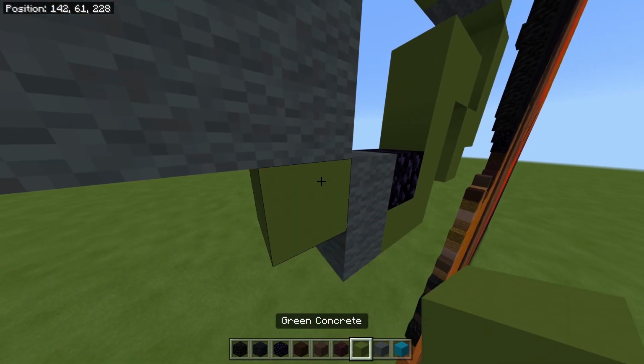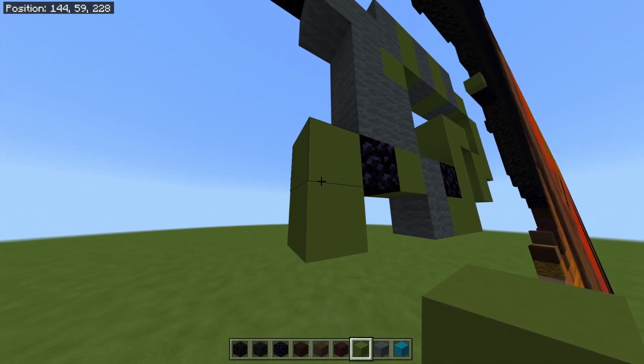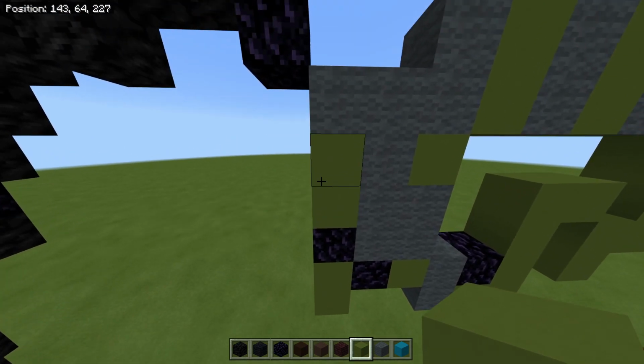From the top block of those 2, place a green concrete with an obsidian to the left of that, and then place 2 green concretes going down to the left of that. On top of those 2, place an obsidian above it with 2 green terracottas. The green concretes above that,